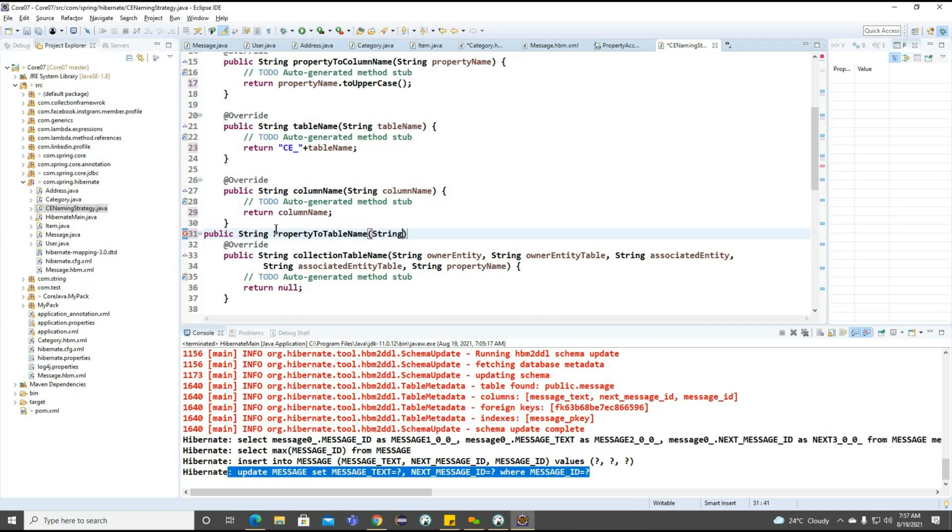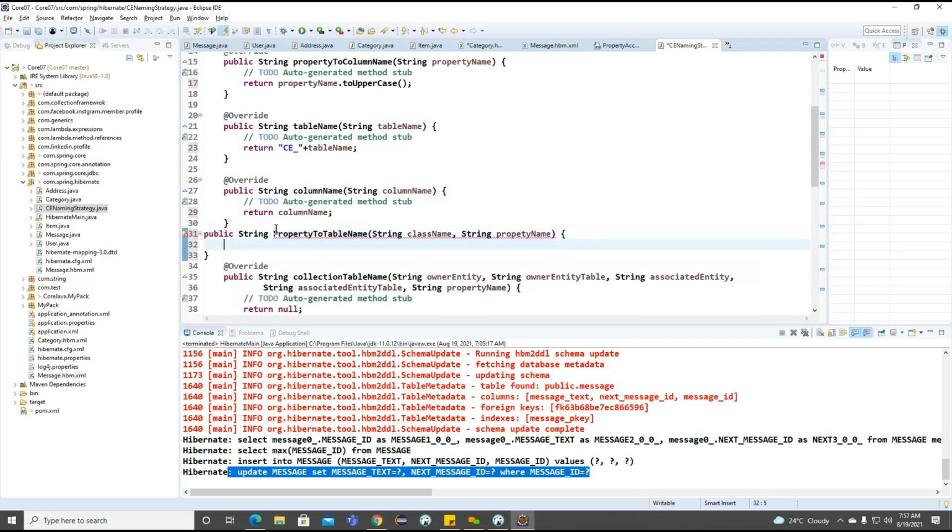And here, class name comma property name. Right.